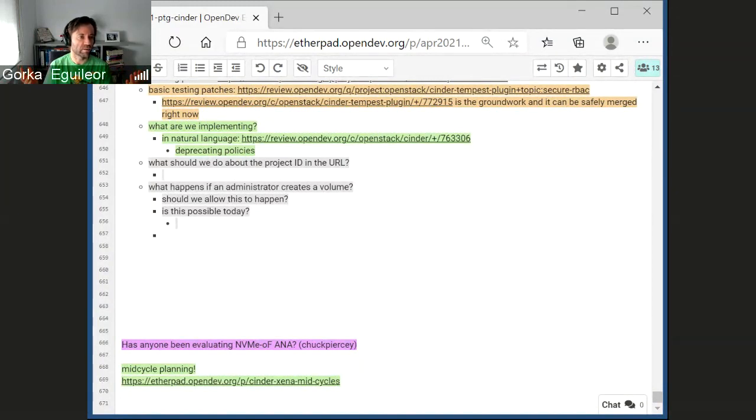As a system administrator, you can change the default type for a specific project. But if you didn't have the project, it was weird that you were using the administrator project in the URL, but had to provide a different one in the request. So that was weird. In this case, we wouldn't get it on the context, because this could be a system scope, and we would only get it in the payload.